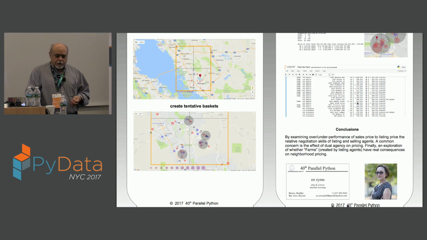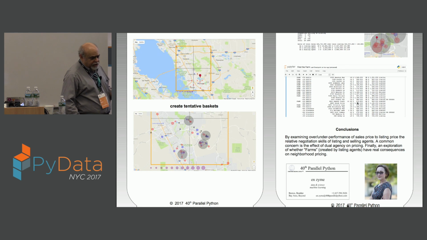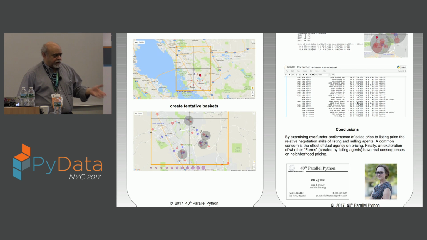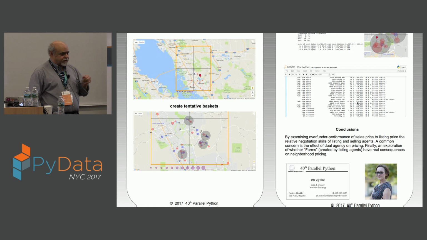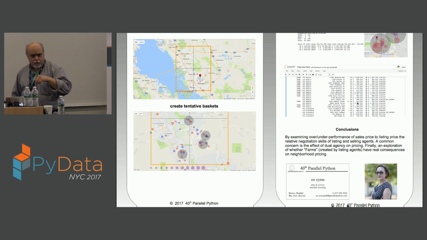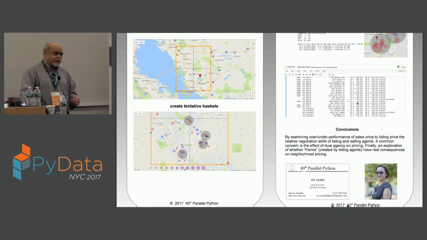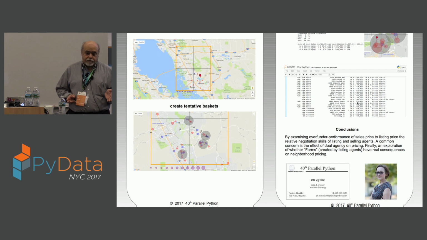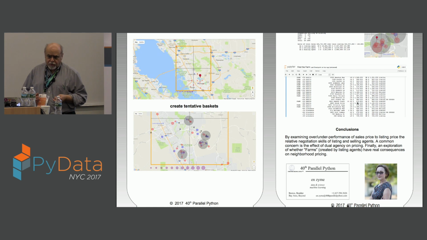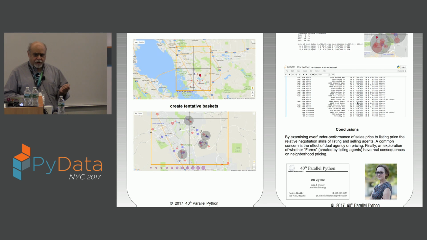So, more typical is a situation where there is a seller of the home who has a listing agent who reports to a broker in terms of fiduciary responsibility. On the buyer's side, there is the selling agent, which also has a broker. When the house gets listed, the listing price is negotiated between the listing agent and the seller of the home, as are other terms such as the length of the contract and whatever other services the realtor might provide. So that's the first negotiation.